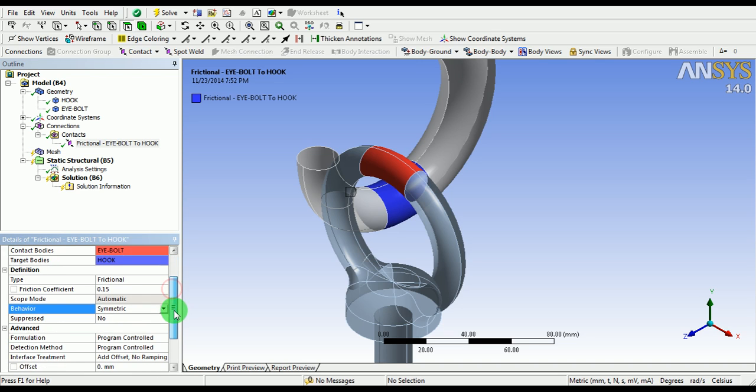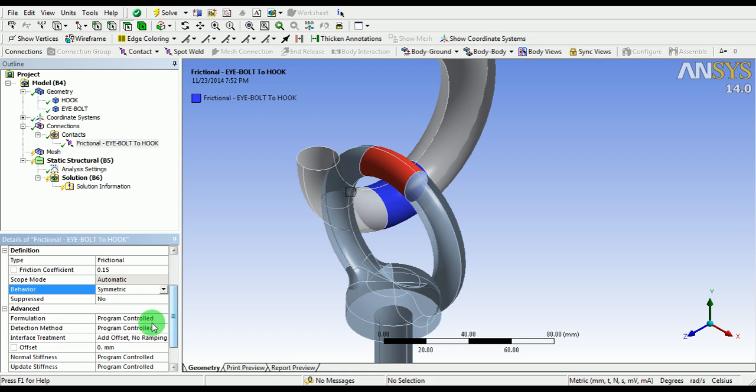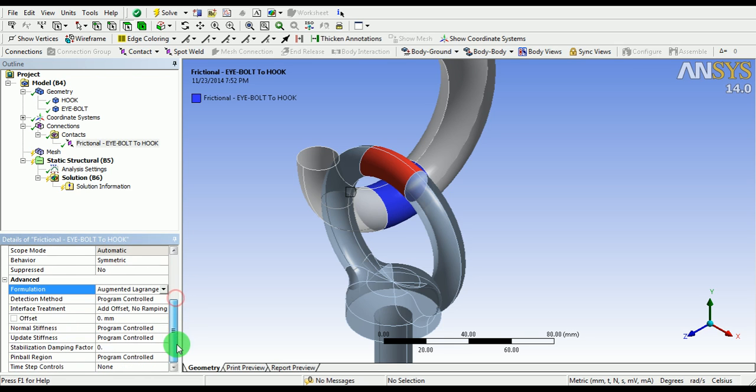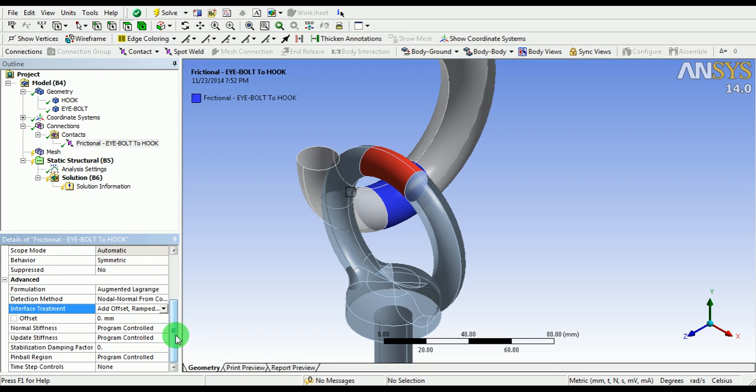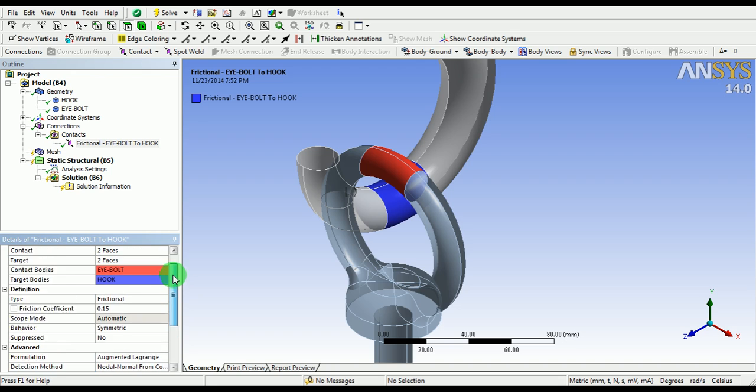Now, pick the formulation to be augmented Lagrange. Detection method to be nodal normal from contact, and the interface treatment to be add offset, ramped effect. Once all these parameters are set, the contact definition is now complete.